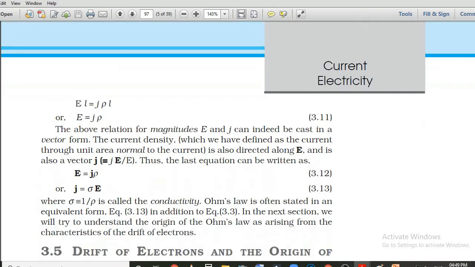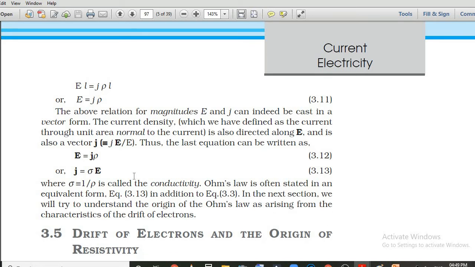Again, from this equation we may write J is equal to E, this rho coming here will get 1 by rho. J is equal to E divided by rho, or E into 1 by rho. 1 by rho can be written as sigma. Therefore, we can write J is equal to sigma E. This is one of our equations that we required to get. I will show it in an ordered manner that you can write.